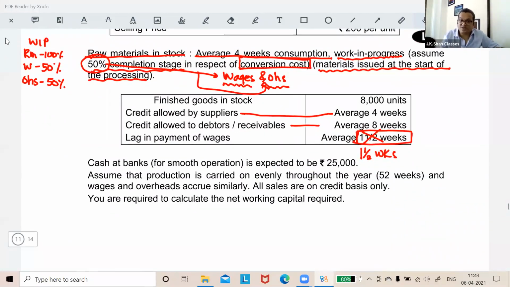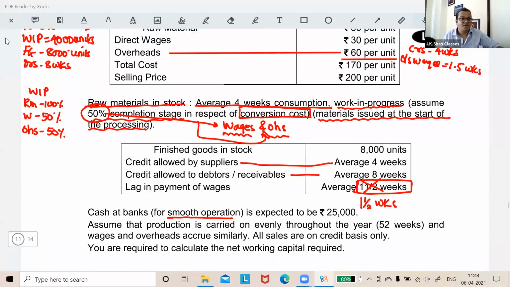Cash in the bank for smooth operation. See, they are specified. Otherwise, what you would have assumed is that it is required for parity. So for smooth operations, it is required. Okay. So cash